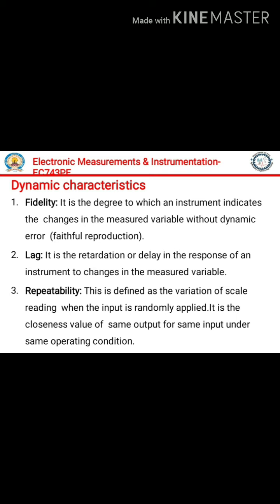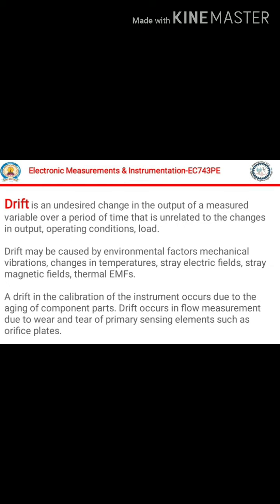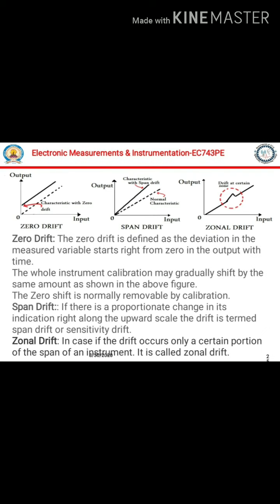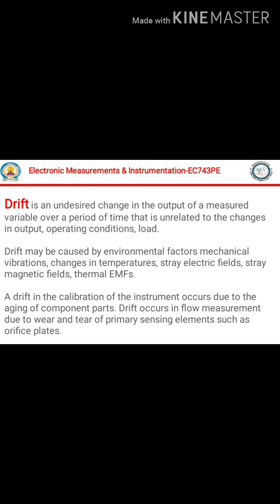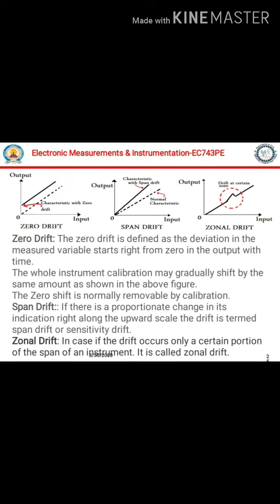After applying the input, how much time it takes to give the response comes under lag. Drift is an undesirable change in the output. There are three types of drift factors, caused by environmental factors, mechanical variations, and other factors. Zero drift